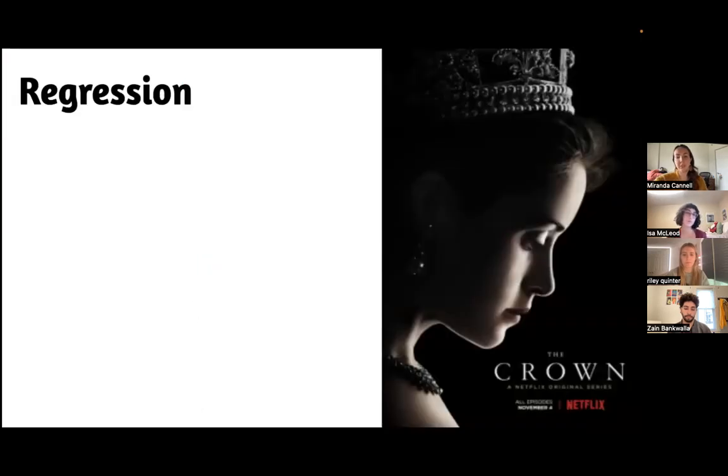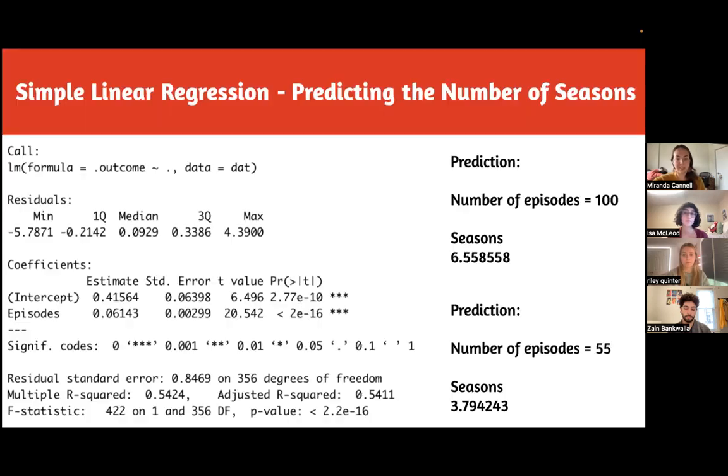Next, we will move into the regression portion of our project. Simple linear regression uses one predictor variable to output one response variable with a likely value. In the Netflix Originals dataset, we use the number of episodes as the predictor variable and the number of seasons as the response variable. These two values coincide, so we wanted to see the relationship.